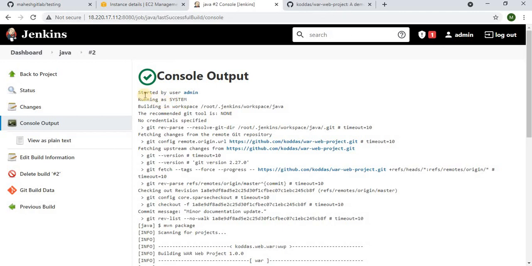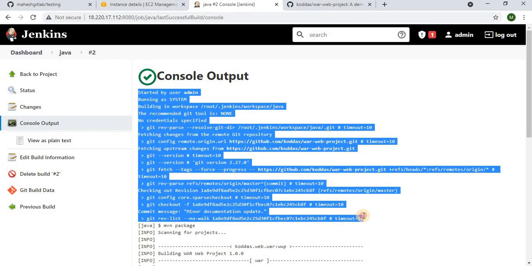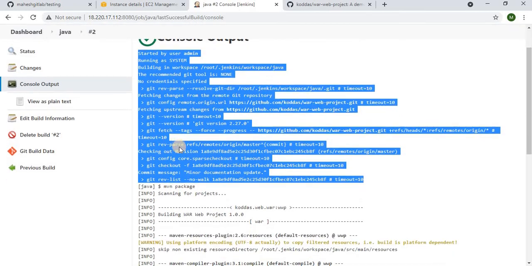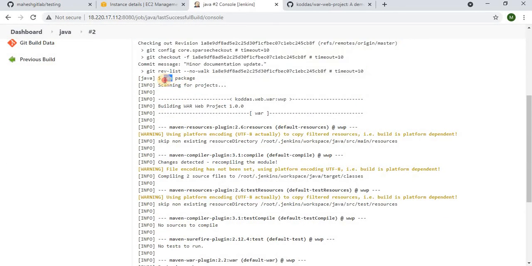This is the place where you have seen the first one, which means getting code from the remote Git repository to our machine using Jenkins. From here you can see Maven package. This is the command, it has already been taken. If you remember, we have installed Maven on this machine, correct? So Maven package is the goal we have given under build. It has scanned that code.